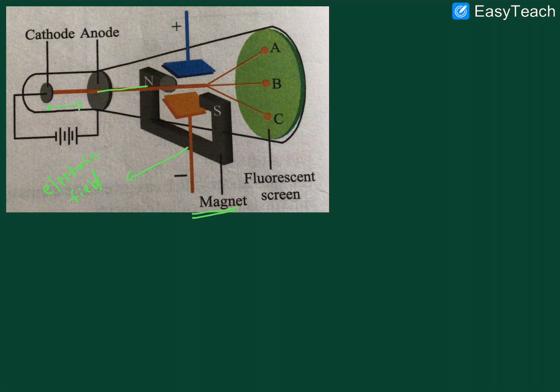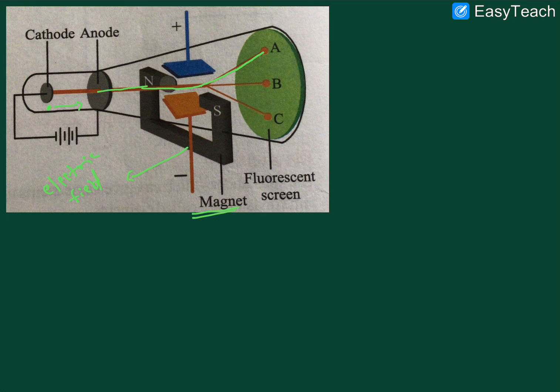Right. Whenever we apply the electric field, first we are taking the electric field, the rays are attracted towards the A side. Sorry, here is the anode, right? This anode has a positive charge. So which side are the rays attracted to? The anode side, because of the attraction between the anode and the cathode rays, right? The cathode rays have a negative charge. The cathode rays consist of particles, and those particles are called electrons. So I hope it is clear.